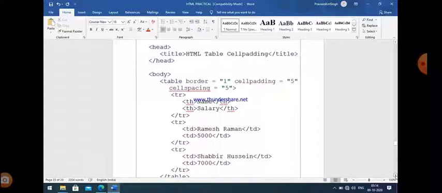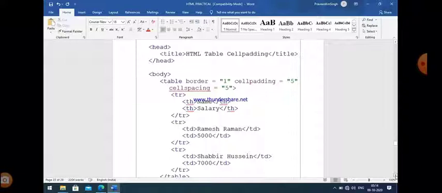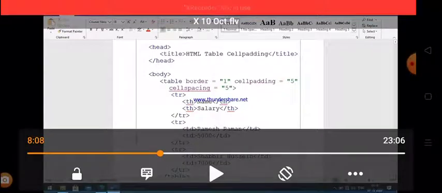So whatever we write in the cell, if you want to increase the distance between the content and the boundary of the cell, then we use cell padding. So cell padding basically works internally, while cell spacing works externally. In this case, we use both of them, cell padding as well as cell spacing. So I think now it is clear to all of you what the difference between cell spacing and cell padding is.